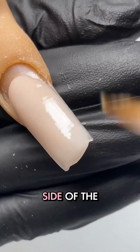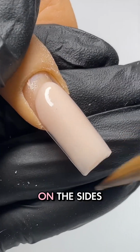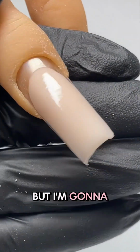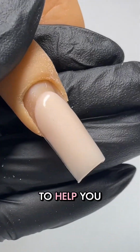With the flat side of the 100% Kolinsky brush that I got from Makartt Pro, I'm going to run it down on the sides of the nail to almost crispen and shape this up. Surprise, surprise, a lot of people actually forget to do this, but I'm going to tell you right now, this is probably one of the most important things that you're ever going to do to help you cut down your acrylic application time,